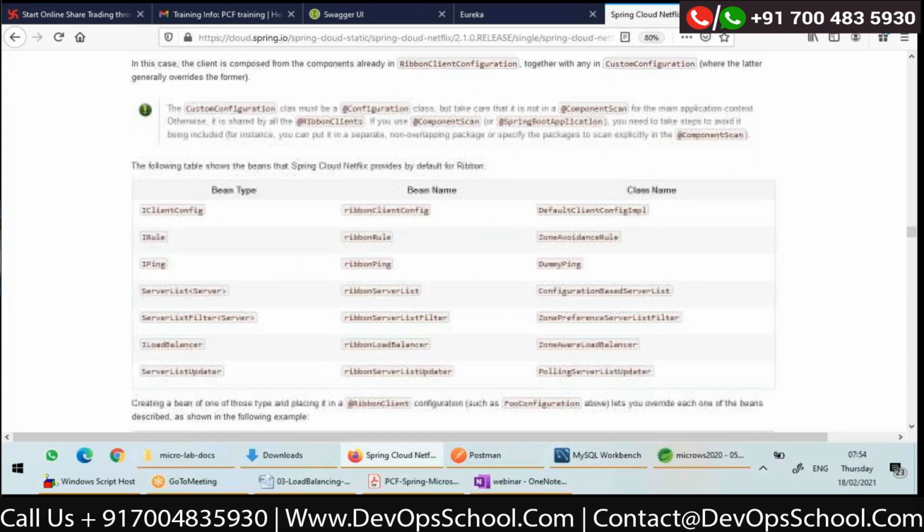Now I'll just point you to this one. There is an interface called ILoadBalancer, and there are implementations. And there's one more important interface called IRule. Let us see these two important interfaces, which will actually help us to understand how load balancing happens. ILoadBalancer.